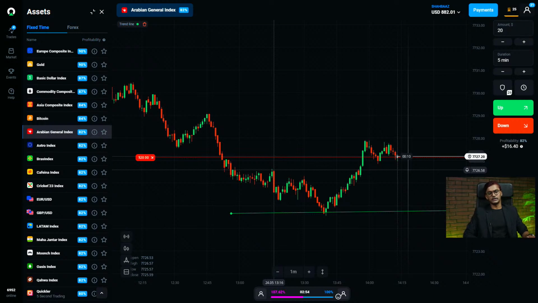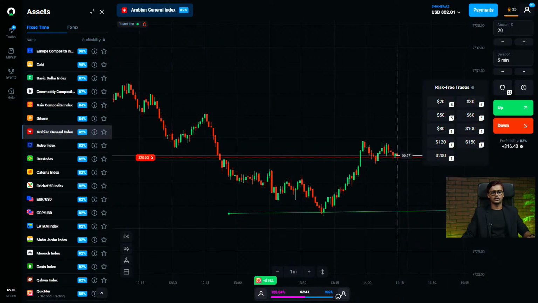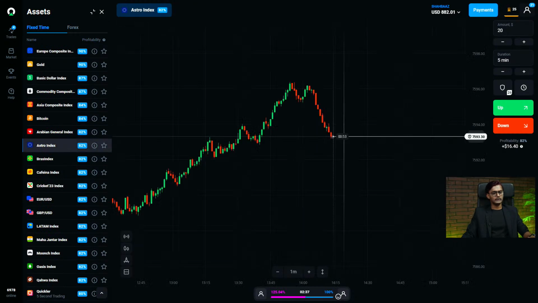When you are not sure, when you think that it's not worth taking the big risk, you can always put your quantity smaller, or you can use your risk-free trades if you have. If you trade a lot, you will get a lot of risk-free trades. Like you can see, I have a lot of risk-free trades. All right, so